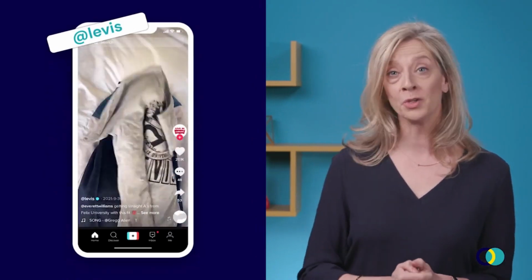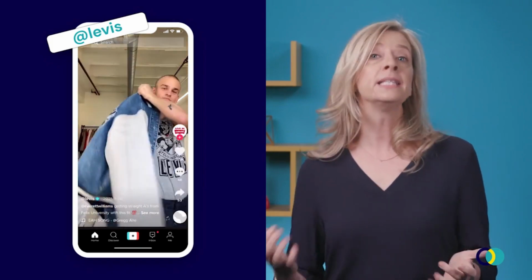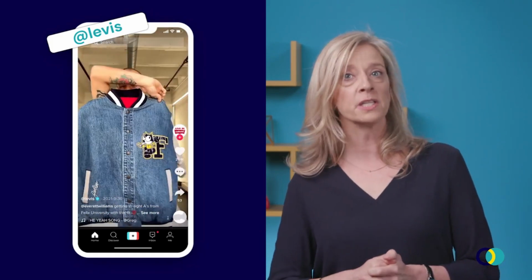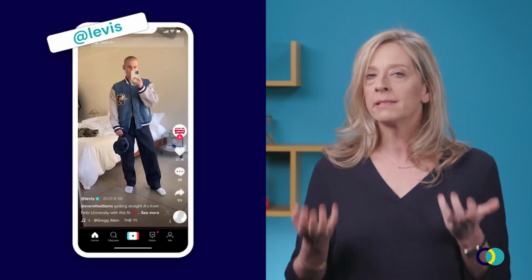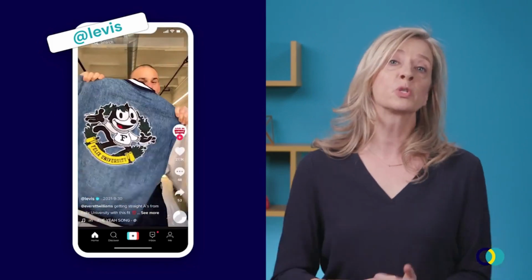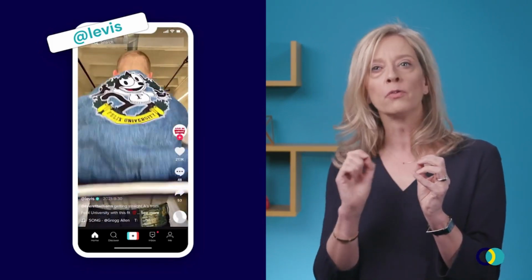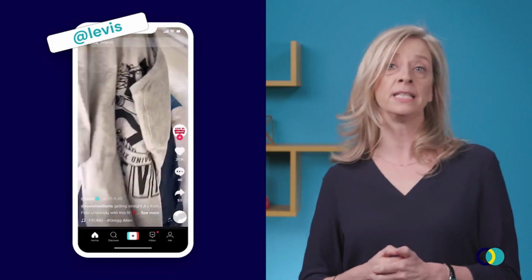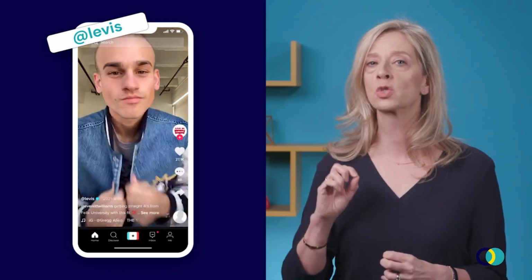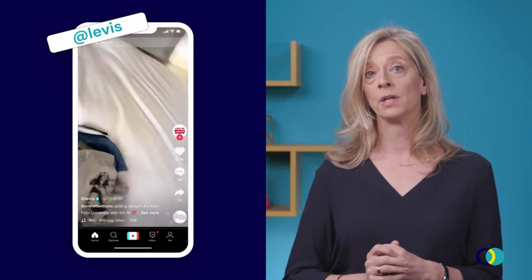Let's look at a few examples. When Levi's wanted to promote their new initiative to allow customers to create their own customized denim, they turned to TikTok to help promote it. They worked with 4 influencers: Callan Schaub, Cosette Reinap, Gabby Morrison, and Everett Williams, who created their own pair of Levi's and shared about it in their videos. Then followers were able to purchase that same design through the Shop Now e-commerce feature in the TikTok videos. Levi's reports that the watch time for these videos is twice as long as the platform average.